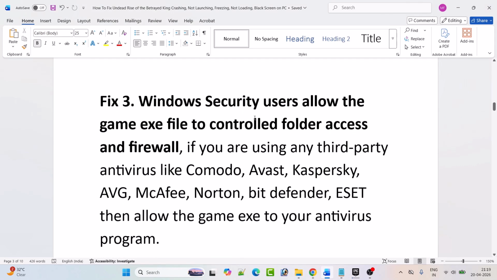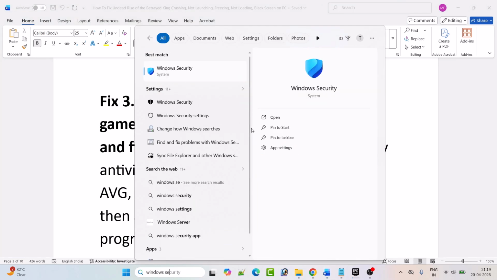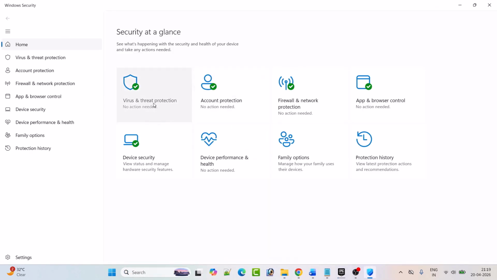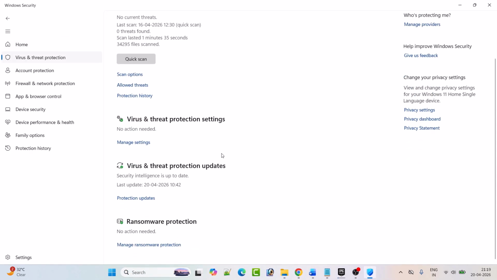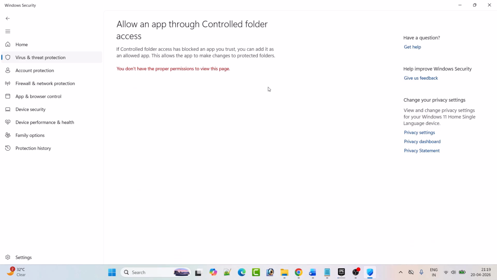Fix 3 is to use Windows security to allow the game exe file through controlled folder access and firewall. So in Windows search type Windows security and open it. Then click on virus and threat protection. Scroll down, click on manage ransomware protection, click on allow an app through controlled folder access, click yes to allow,